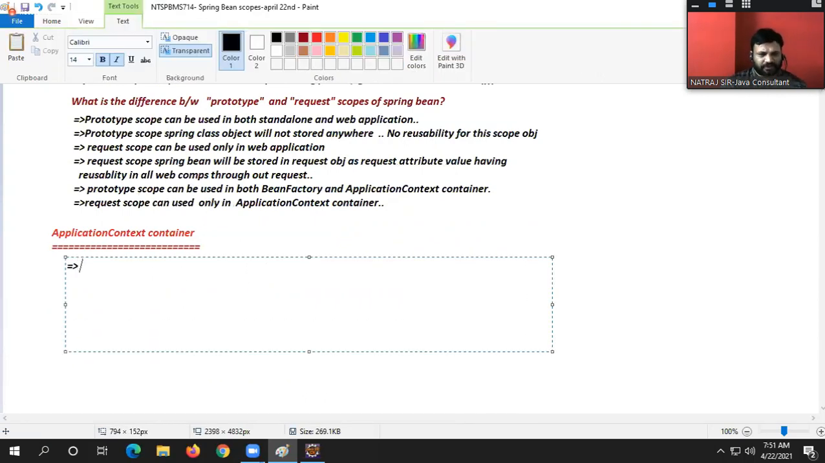Super. Now listen, the application context container is an enhancement of the Bean Factory container. Bean Factory container with additional features. I will list what the additional features are. Now tell me, to create the application context container,